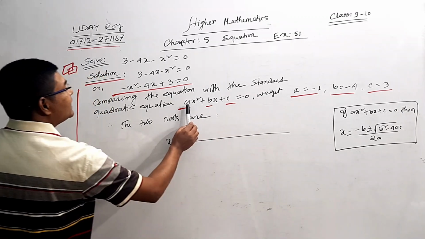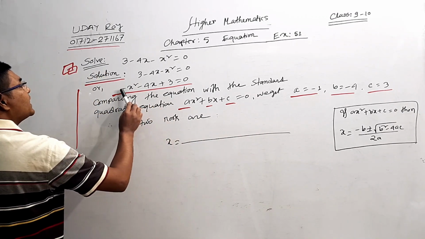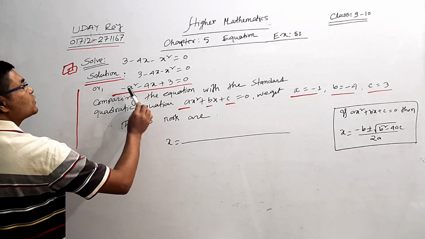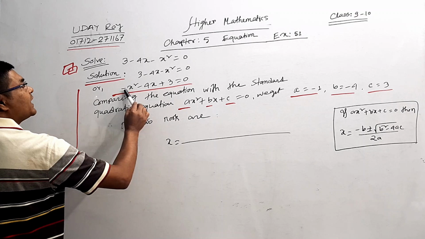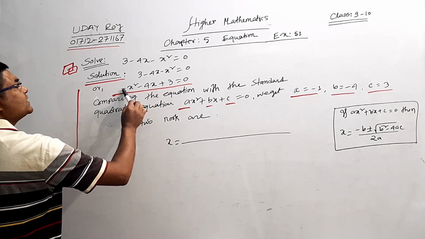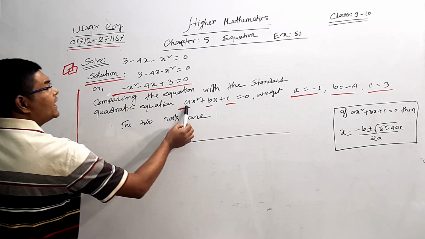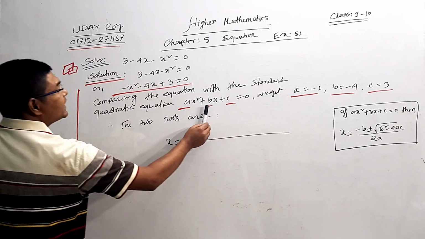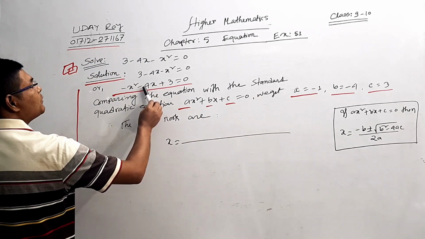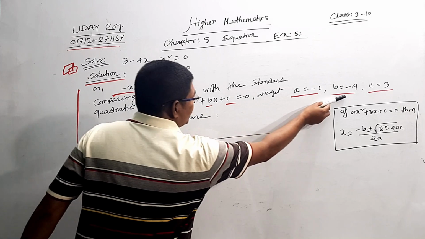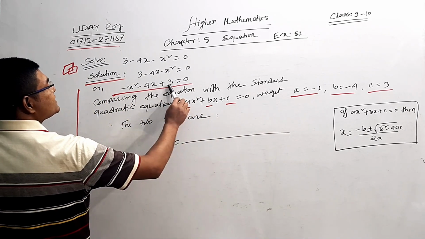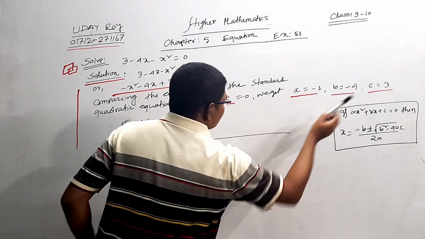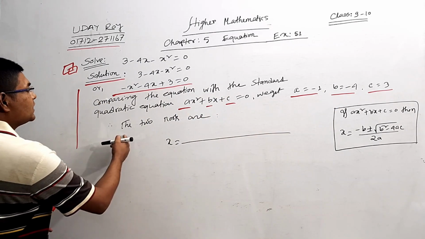We get here ax square, so here is minus 1 into x square. So we get a equal to minus 1. Here there is nothing, so we can take minus 1. a equal to minus 1. Here is plus bx, so b equal to minus 4. And plus c equal to 0, here c equal to 3. c equal to 3. Then the two roots are